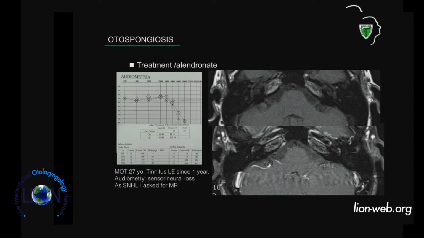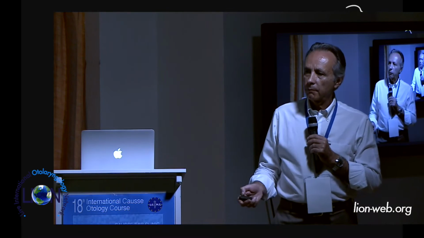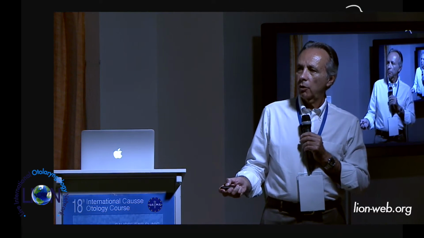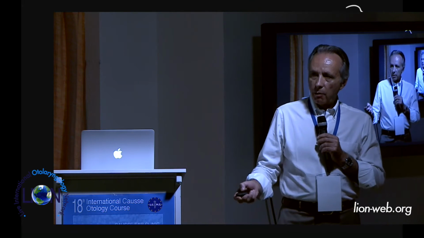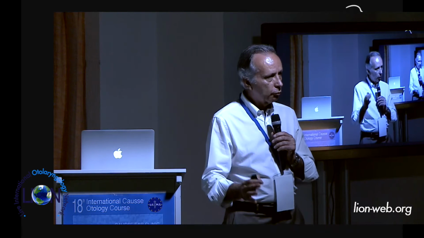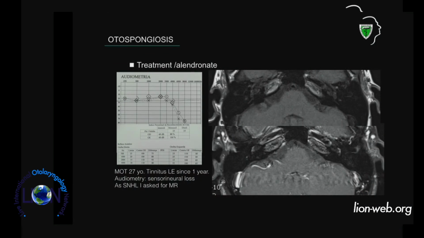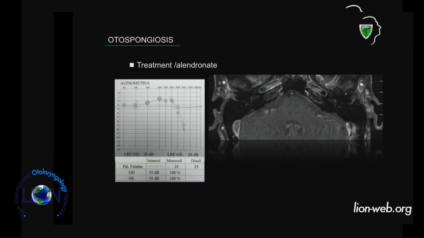You see enhancement lateral in the otic capsule on the cochlea, both on the right and left. She presented at that time an active focal otospongiosis, and we hardly see any disease on the fenestral site that would be typical for the fenestral form. So our diagnosis was probably a cochlear otospongiosis expression, and we started the clinical treatment,